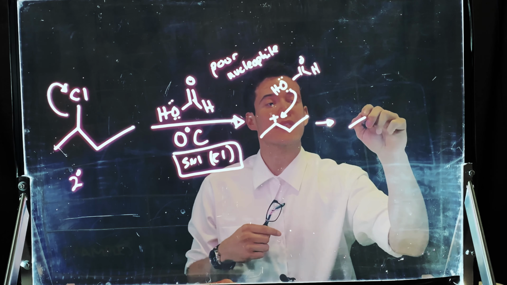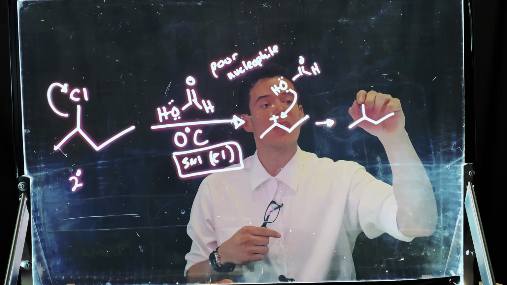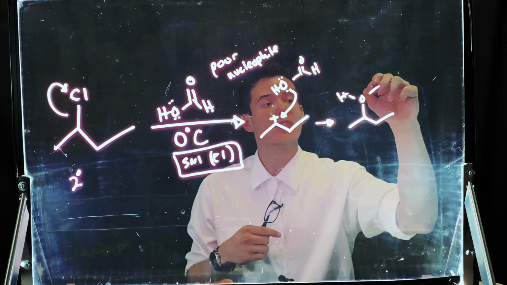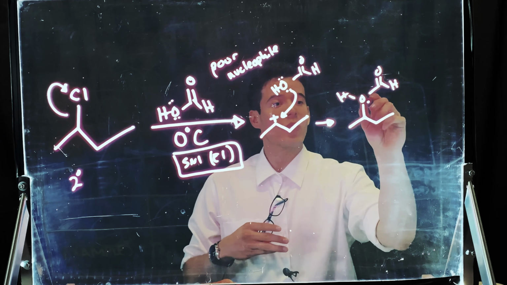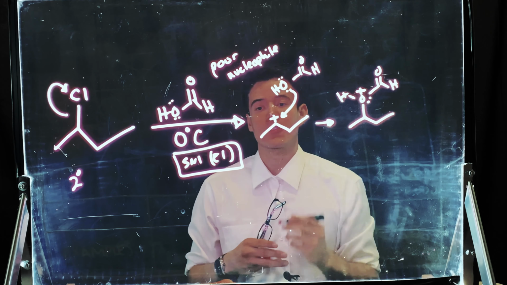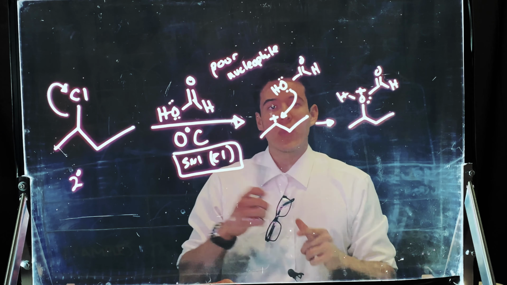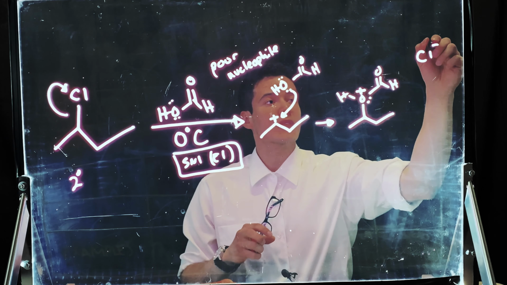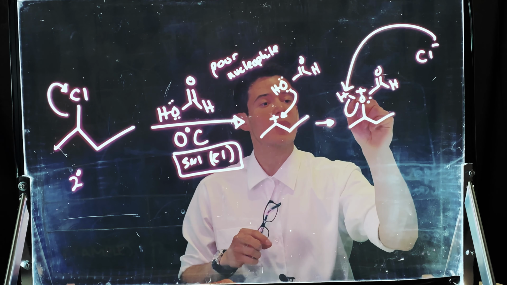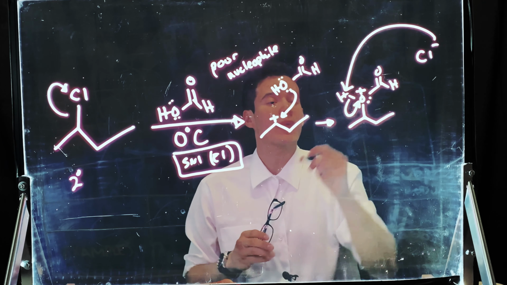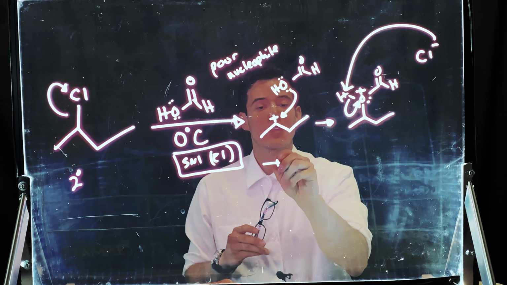So what's that going to give us? It's going to give us an O, H, and the rest of this group. Then we have one lone pair and now it's positively charged. So we have a Cl minus floating around. This Cl minus can come grab our hydrogen, break this bond, and push a lone pair onto that oxygen. That's going to give us